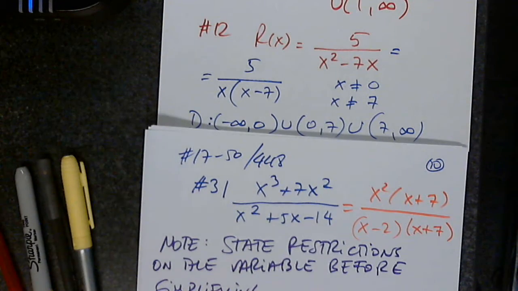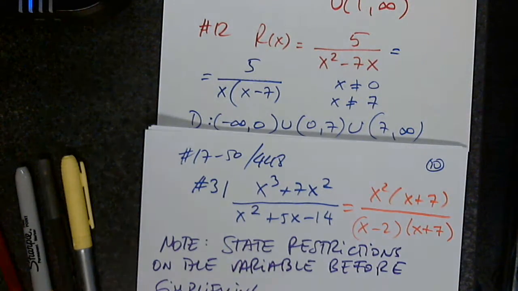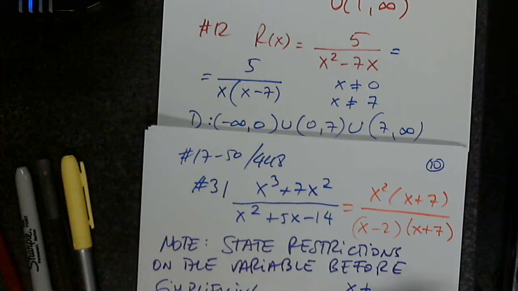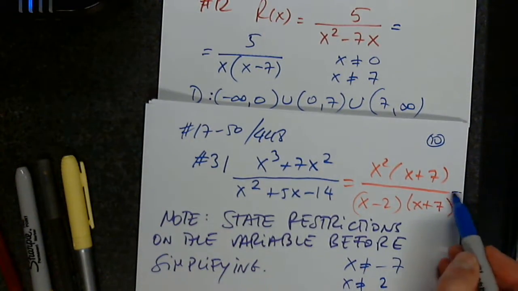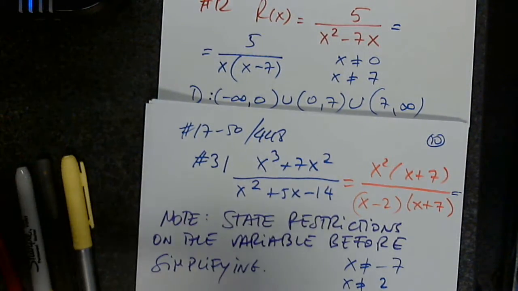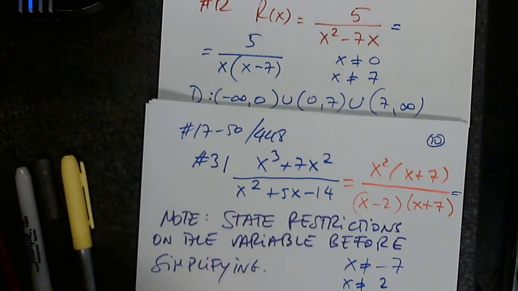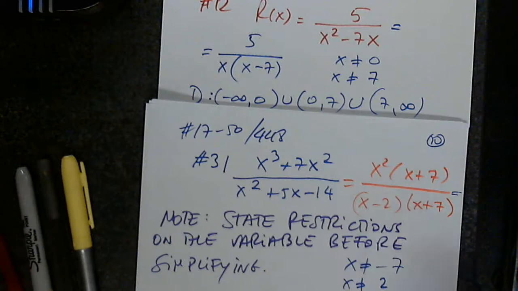State restrictions on the variable before simplifying. So now you already gave me two restrictions: x not equal to 2 and x not equal to -7. Very good. And now, what factor will you simplify? What about 0? Is there a factor of 0 in front of the denominator? Oh yeah, the denominator. Only when the denominator is 0,